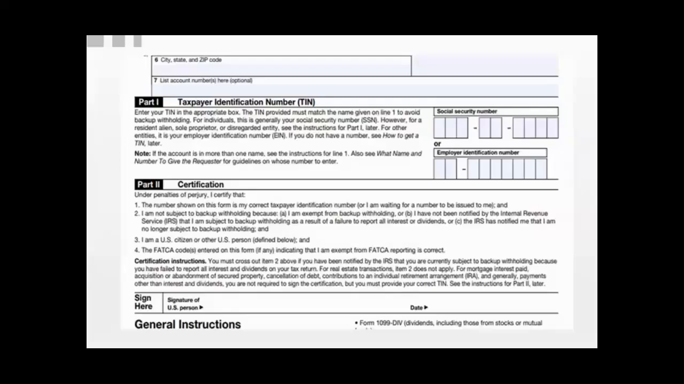Line 3, I'm a U.S. citizen or other U.S. person. This is very often used by foreign partnerships who have U.S. persons as partners. The foreign partnership is required to back up withhold on foreign partners, but not on U.S. partners who have provided the number. This is their backup, that they don't have to back up withhold on that U.S. partner. The U.S. partner says, I'm a U.S. person, and then they don't have to back up withhold on them. Or the fact coding, if any, is correct. So you can see where none of those four would apply, and they don't have to sign the form on